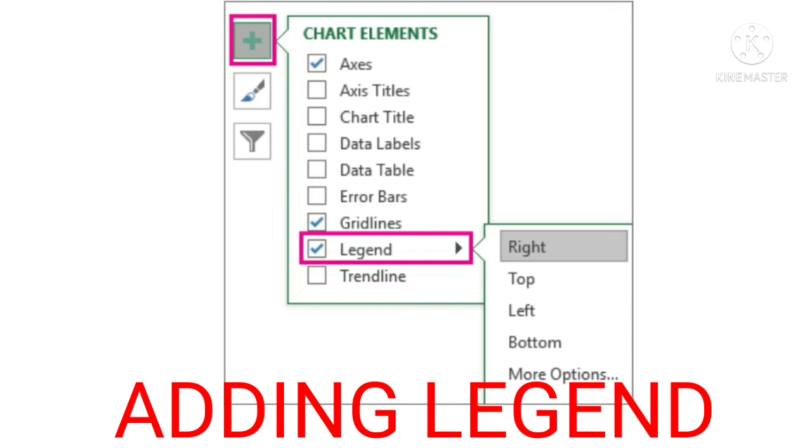And the next is how to add legend. You know a legend is a box that identifies the patterns or colors assigned to a data series. So how can we add a legend? By clicking on this Chart Elements button. You can see different options. Click on the Legend option from those menus and choose any desired option from the displayed list. You can see it will appear on your chart.